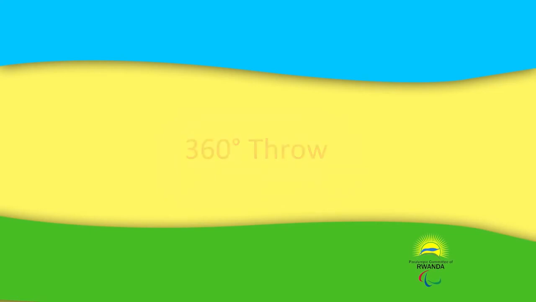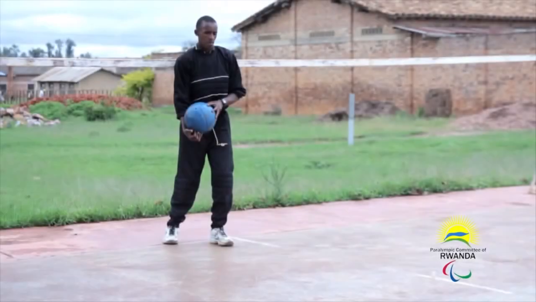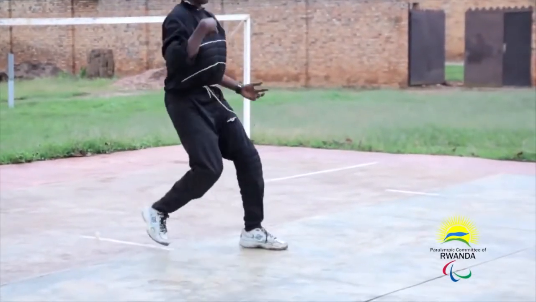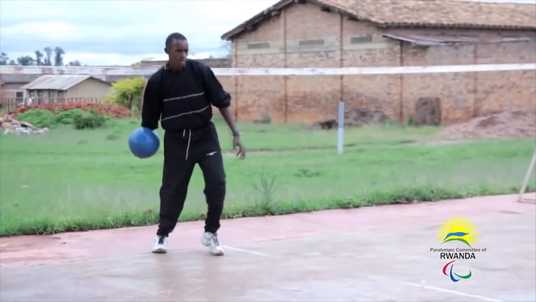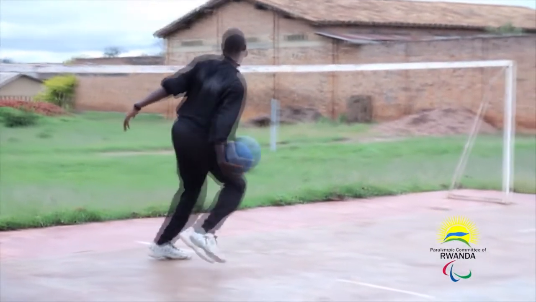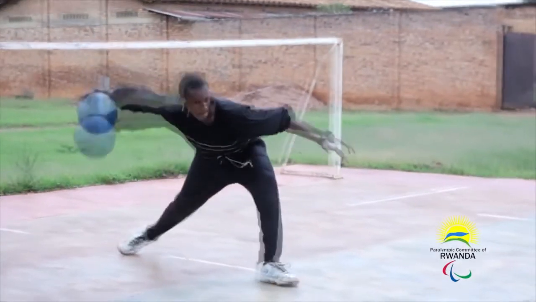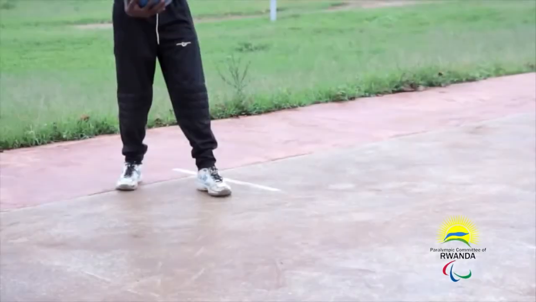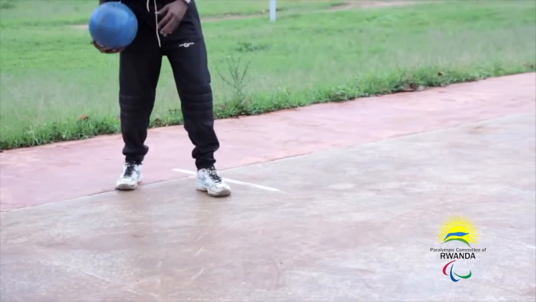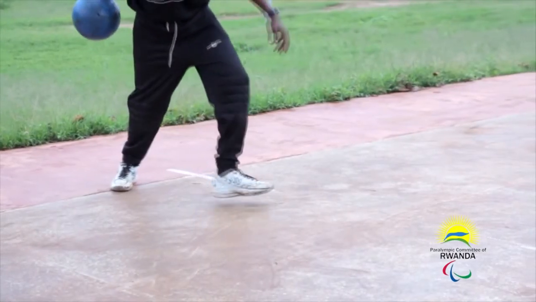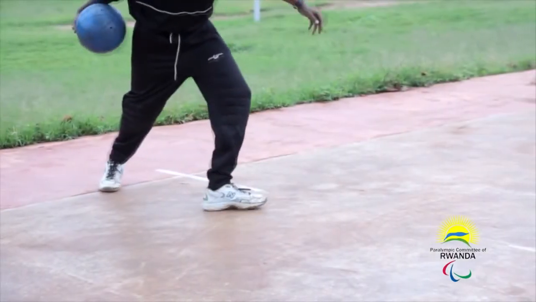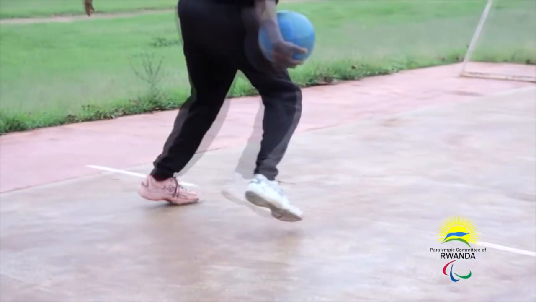360-degree throw. For this throw, the player starts by facing the opposing team. During the throw, the attacker turns a full 360-degree circle. The movement consists of 3 steps. If you are right-handed, you start with the left leg. The first step is straight, but you turn the left foot to the left side. That is the first